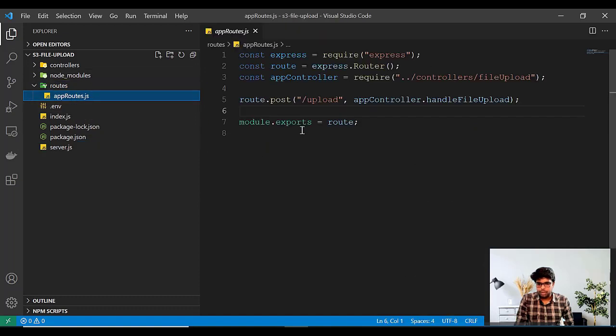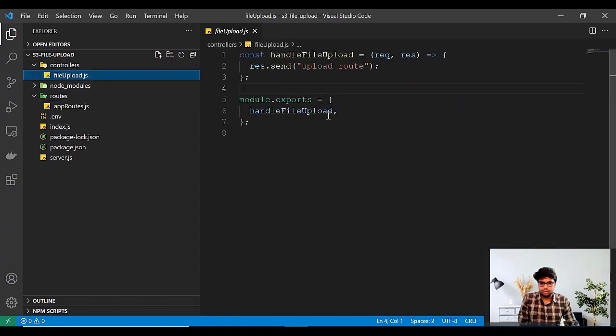Last, we have the app routes. Inside the app route, this is the actual route which is going to upload our file. I have exported it at /upload. So when you visit /upload, you need to pass the file information here, which is handled by a controller. And the controller I have defined inside the controllers folder, and the function name is fileUpload. So fileUpload is just sending a plain message now. Later we are going to write the actual logic here to upload a file to the S3 bucket.